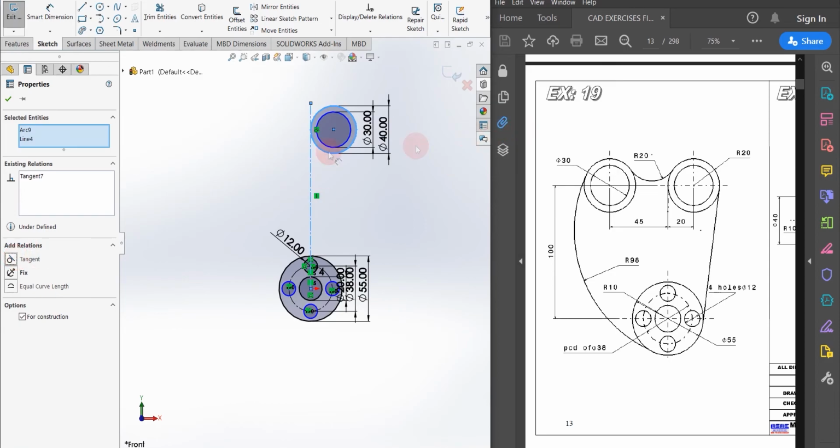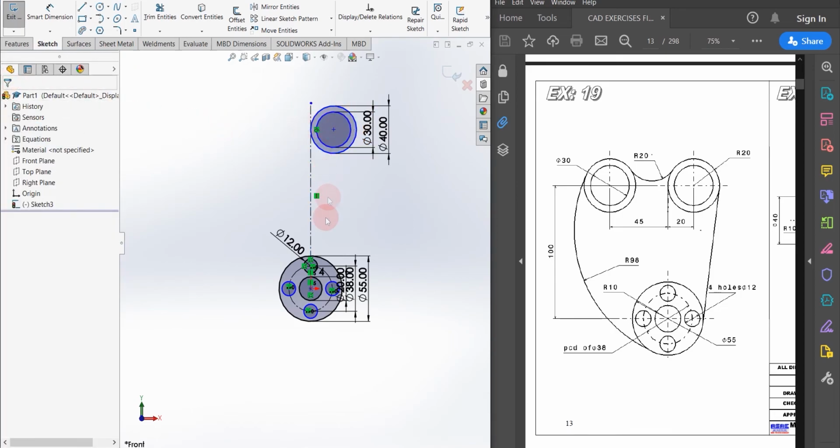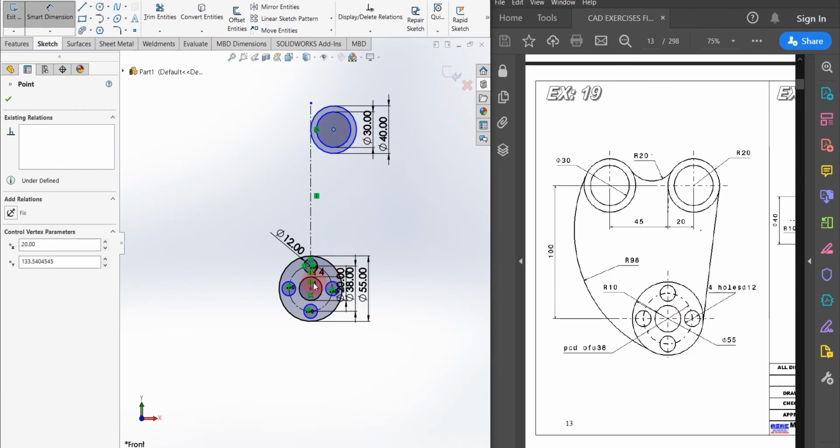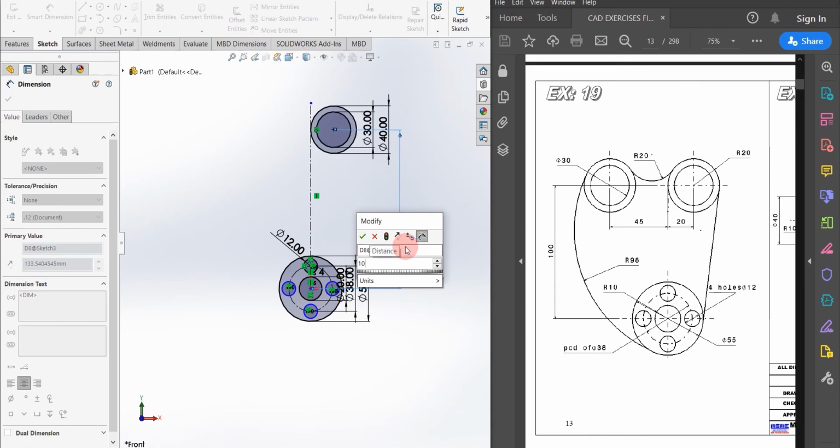As you can see, the circle moved towards the line, and the circle is now in a tangent relationship with the line. Another thing you can see is that the distance between the centers of these two circles is 100 mm. So I am selecting both centers and entering 100 mm.